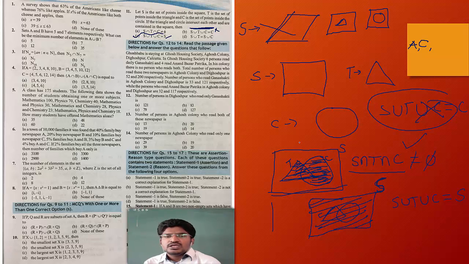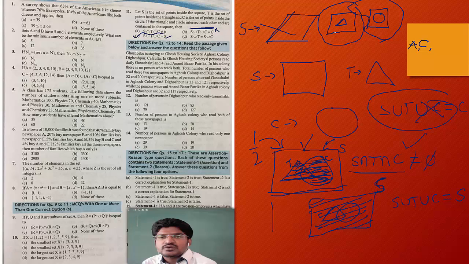See here, in this diagram, the triangle is inside the square, this particular thing is half of this particular term, and this thing is half of again this particular term. So yes, triangle inside the square, circle inside the square, both are going to be equal,